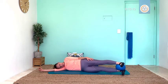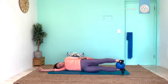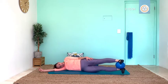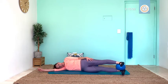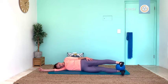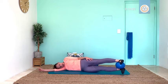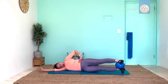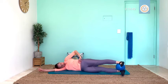Work those inner thighs. 7. And 6. And 5. Exhale. 4. And 3. And 2. This is where you rested. Do the same if you join me for that lift. Let's go. 10. And 9. And 8, whoa, and 7, breathe out 6, feel that work, 5, and 4, and 3, and 2 more, and